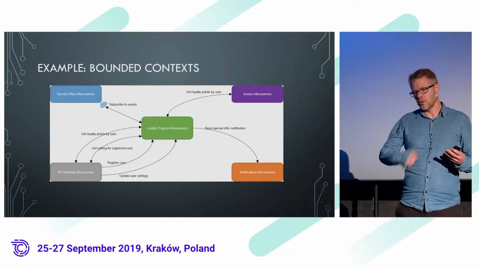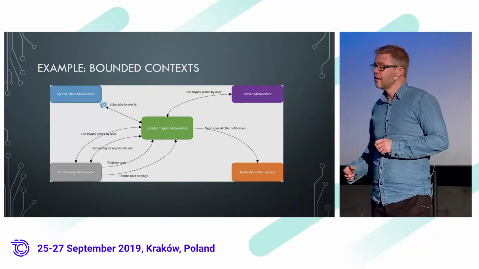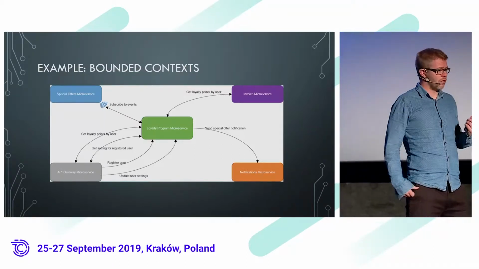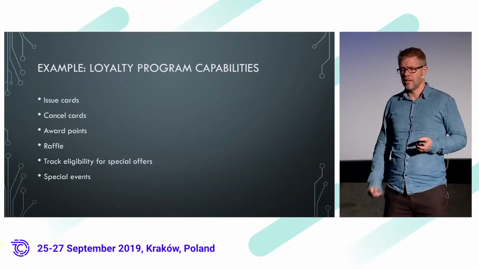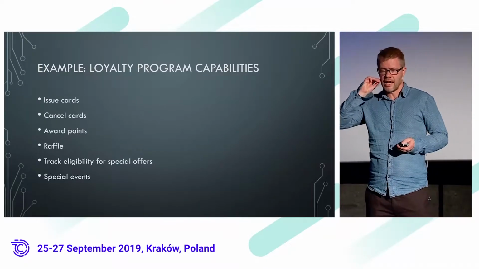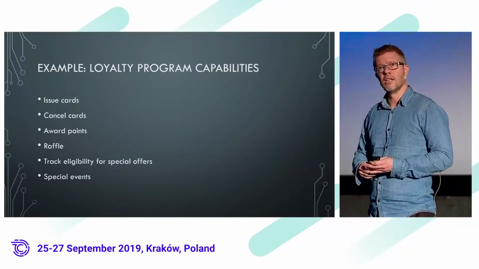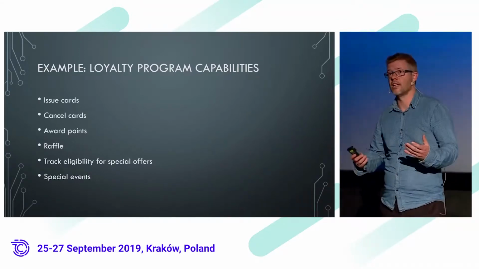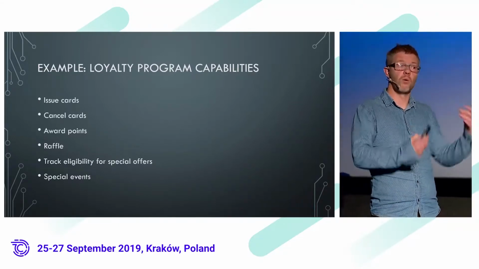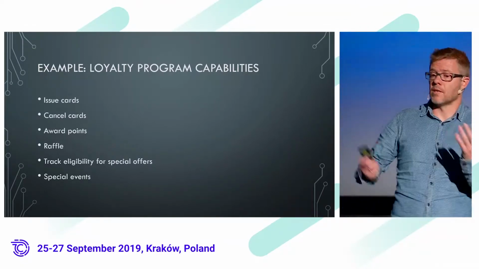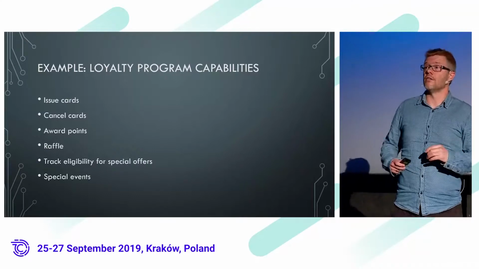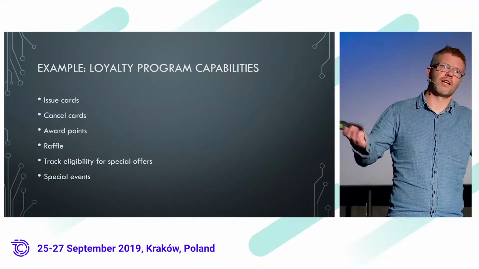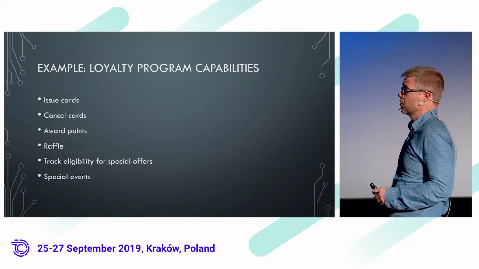So, returning to this example and looking a bit more at that loyalty program that we have in the middle. What should we do in there? I've already mentioned some of it, I think. We probably have these plastic cards, and they need to be issued, and they might get lost, so they probably need to be able to be cancelled as well. We need to award these loyalty points whenever somebody buys something. Maybe for our most loyal customers, sometimes we want to run a raffle and give them a prize just randomly, because they're such good customers.